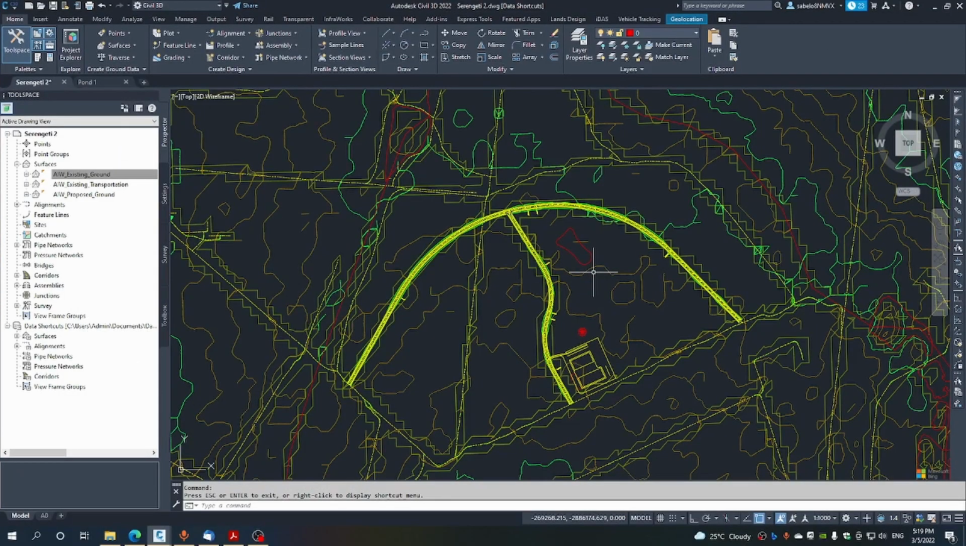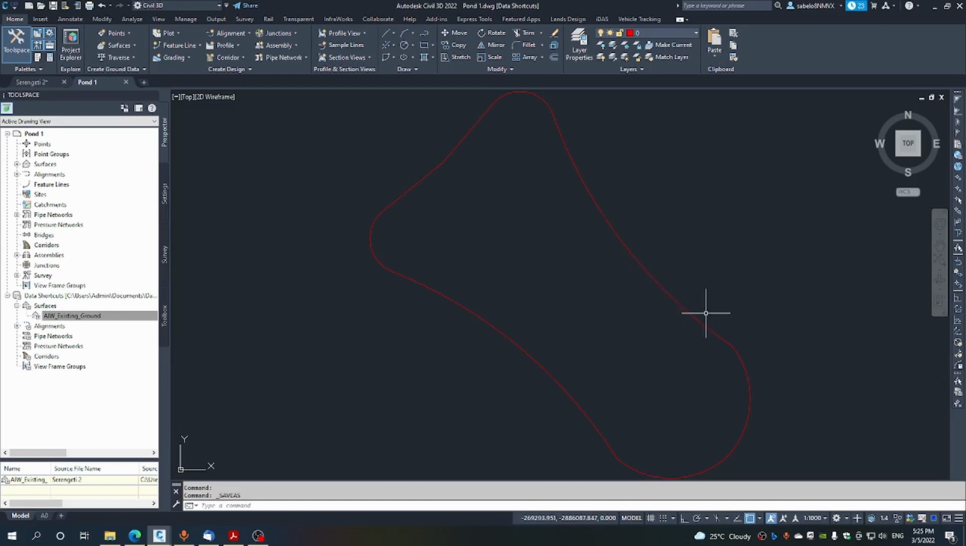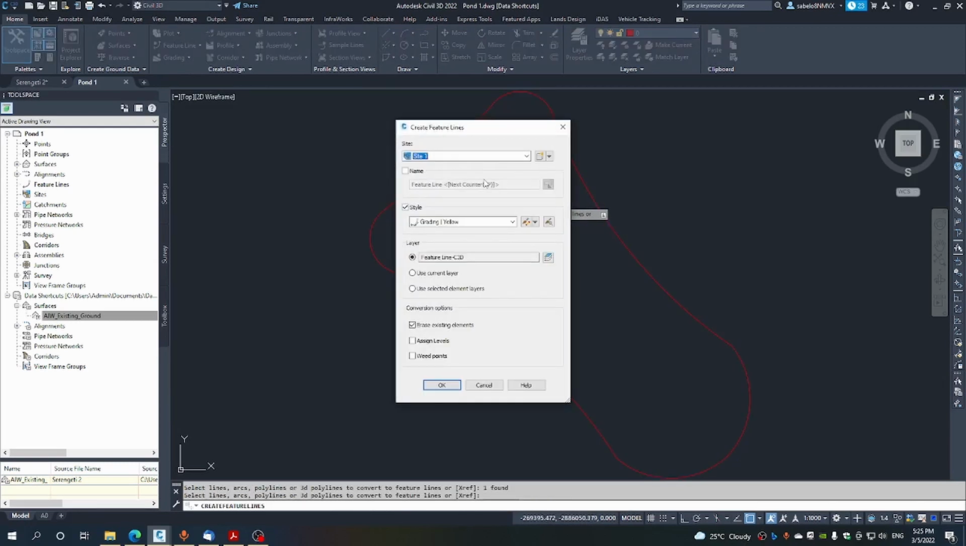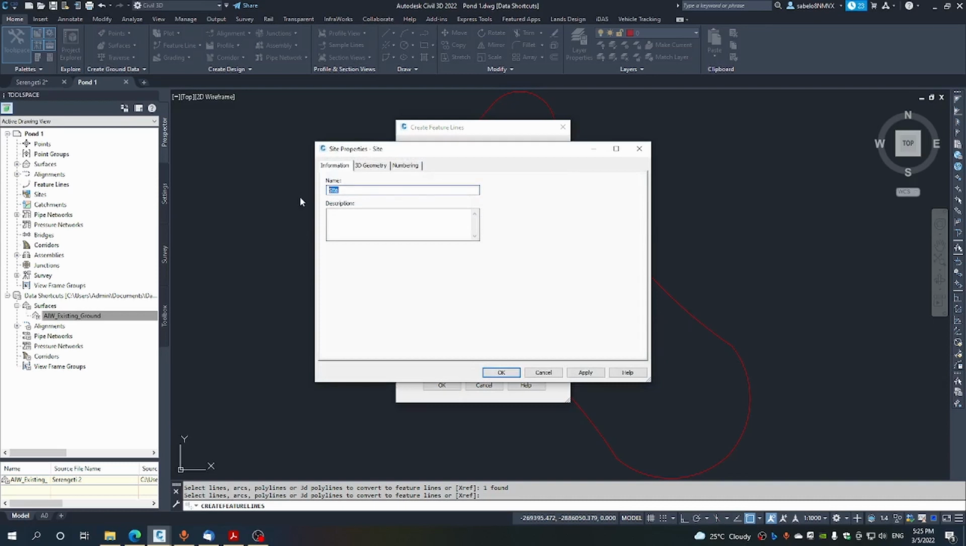To give a bit of background, we've been asked to perform a drainage study so that we can size a detention pond, inlets and stormwater network for this project. We will start with a 2D polyline, which we will convert into a feature line. Once we open this dialog box and we select this polyline, it prompts us for some settings for this feature line. One of the settings is the site, which we will create as a new site that we'll call pond